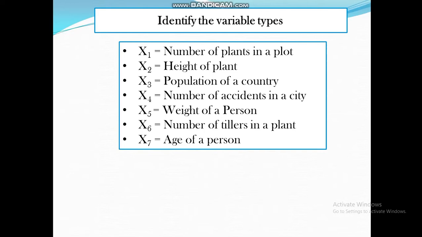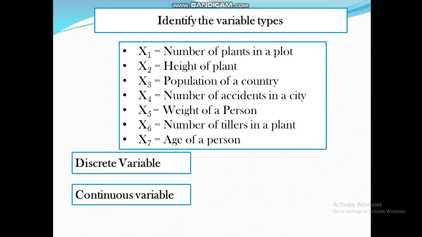Can anyone say the types of variable in these variables?